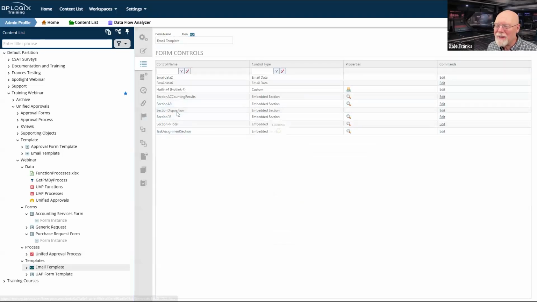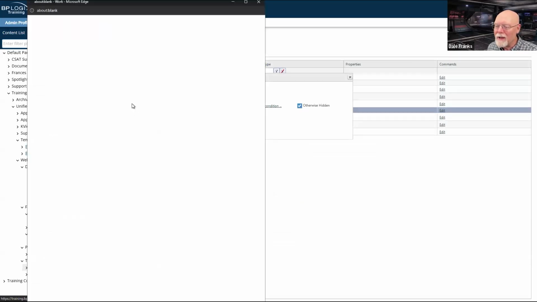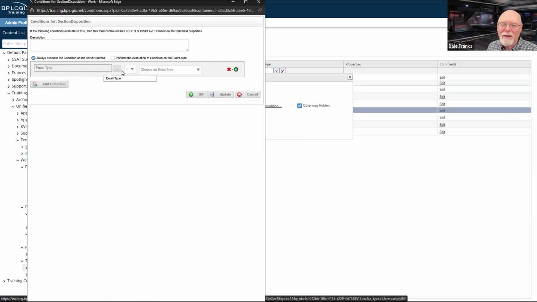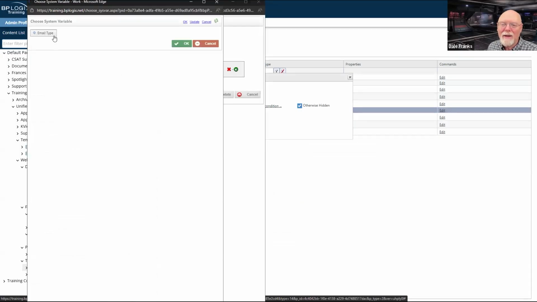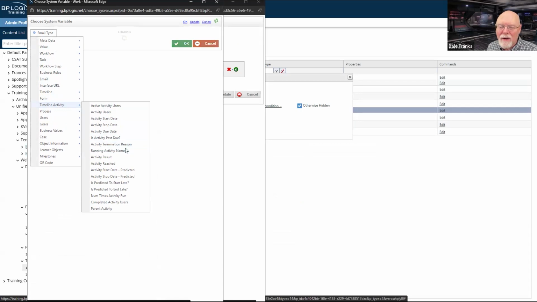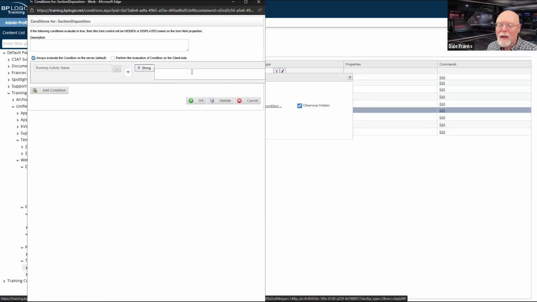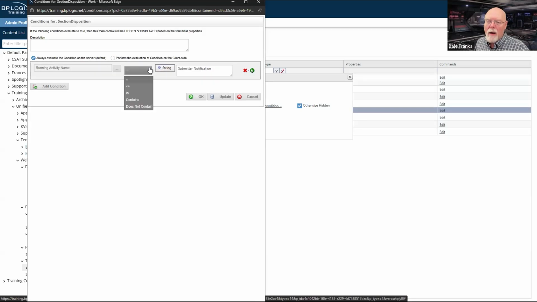So we'll go back to section disposition, and I didn't save it. So field is visible when otherwise hidden. Click to create condition, and timeline activity, running activity name equals, and we're going to use the string here for submitter notification. Oops.